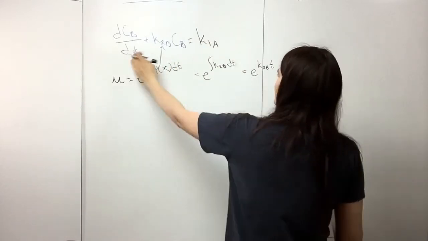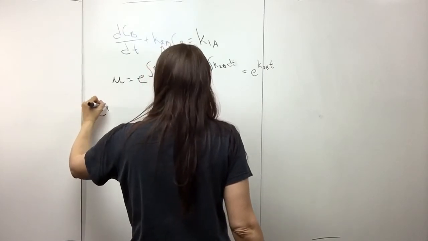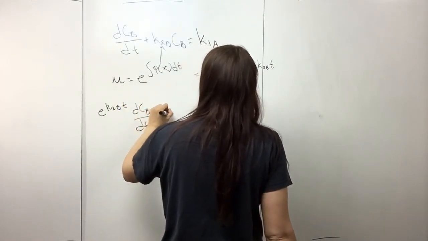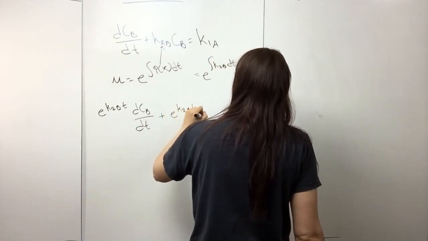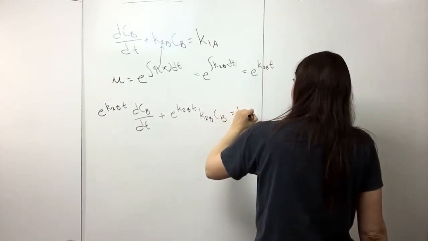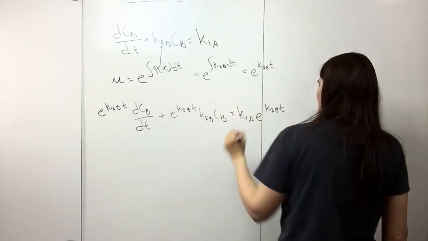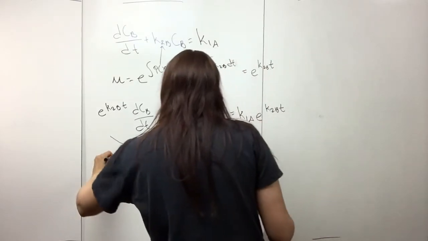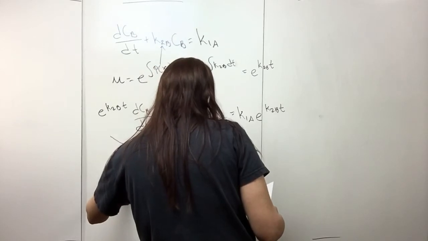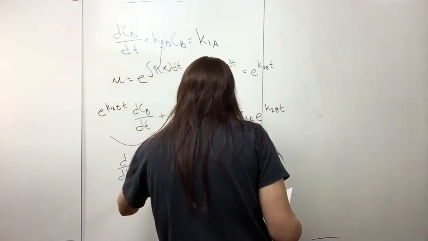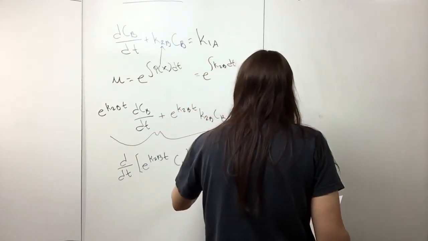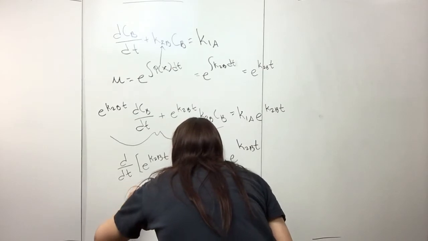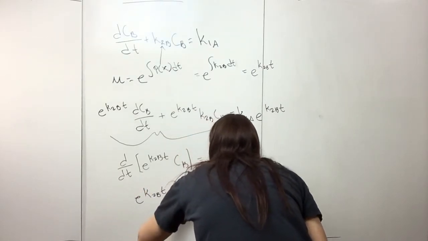So then if we multiply this equation by this, we get e^(k2B t) dCB/dt plus e^(k2B t) k2B CB is equal to k1A e^(k2B t). And then we can rewrite this using the product rule. If we do that, we get d/dt of e^(k2B t) CB is equal to k1A e^(k2B t). We can integrate this, so if we do that, we get e^(k2B t) CB is equal to